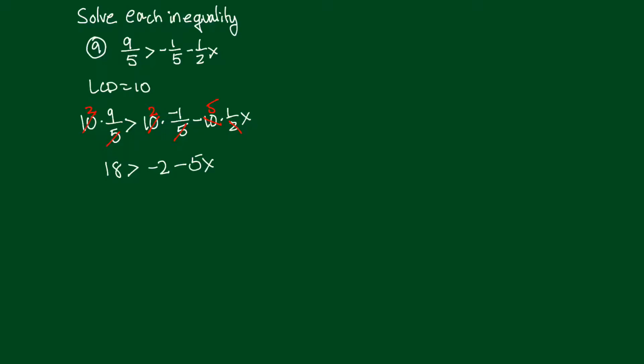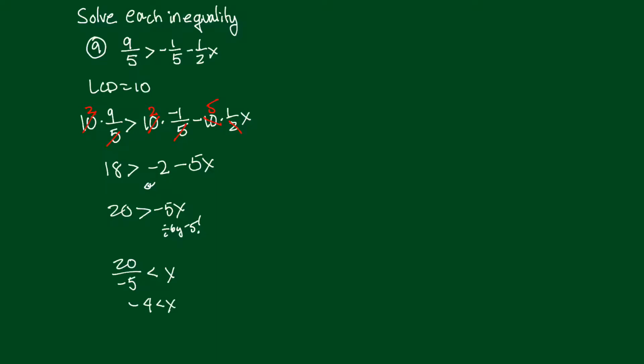Okay, good progress. Now we want to isolate the x, right? We want that x by itself, so let's eliminate the 2. It's being subtracted, so we'll add 2. So if I add 2 to each side, I'm going to get 20, strictly greater than negative 5x. Now I'm going to divide by that negative 5. So divide by negative 5, and alert, we're dividing through an inequality by a negative, so the direction of that inequality sign, that greater sign, is going to change to a less than sign. So now we're going to get 20 over negative 5 is strictly less than x. 20 divided by negative 5 is negative 4,